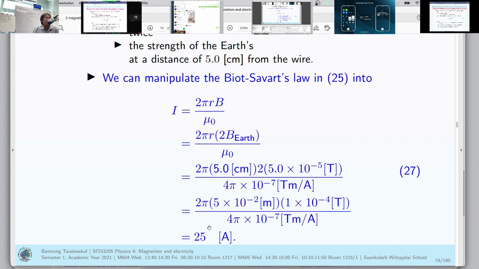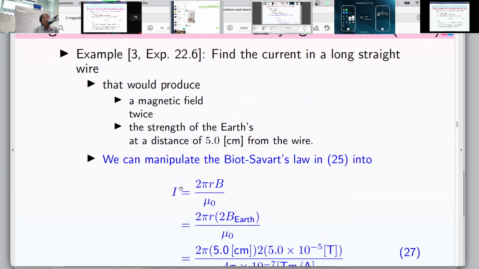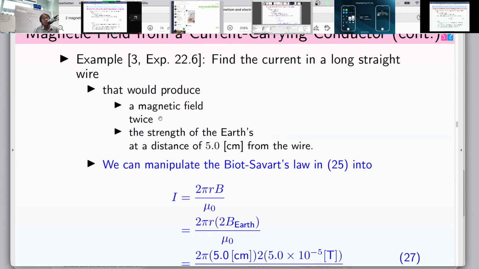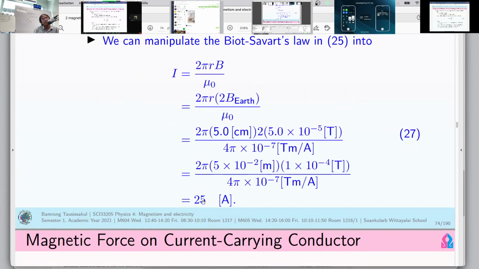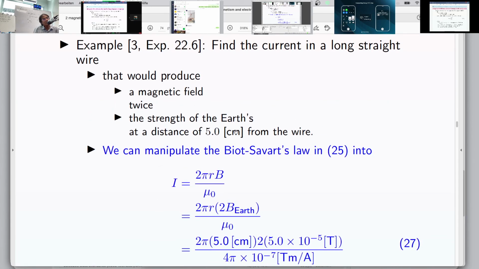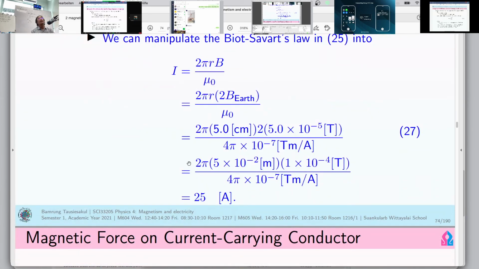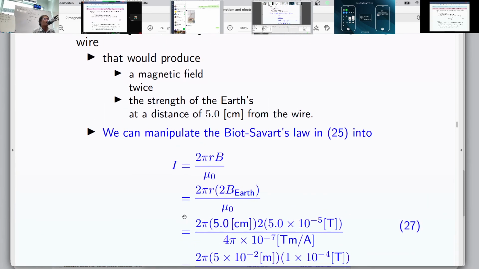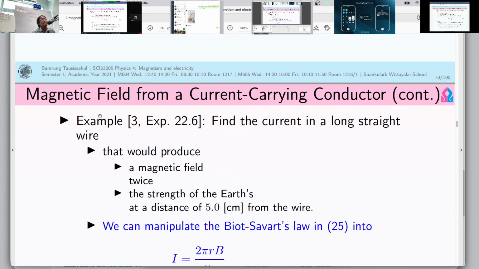You leave everything into the calculator, so the final result is going to be the amount in the SI scale, in ampere, and the answer is 25 ampere. So in order to get the magnetic field twice the Earth's magnetic field, you have to let the current flow with 25 ampere at the position 5 centimeter from the center of the wire. Now we complete the topic of magnetic field caused by current carrying conductor, or simply speaking, it's the story about